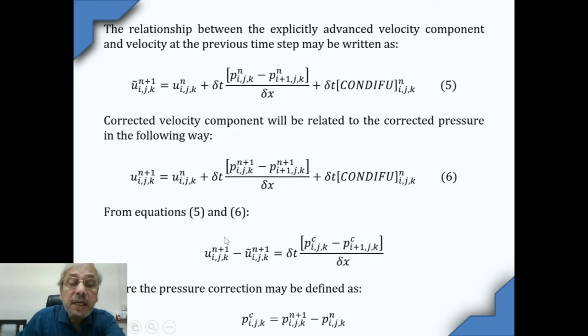They are related to the final velocity which we should have gotten, minus the provisionally advanced velocity quantity. So this provisionally advanced velocity quantity and the final quantity which we should have obtained are related through this relationship